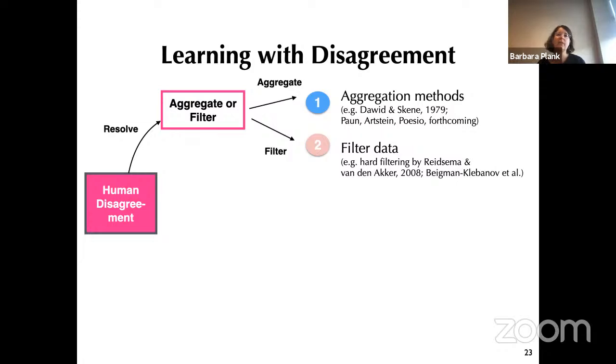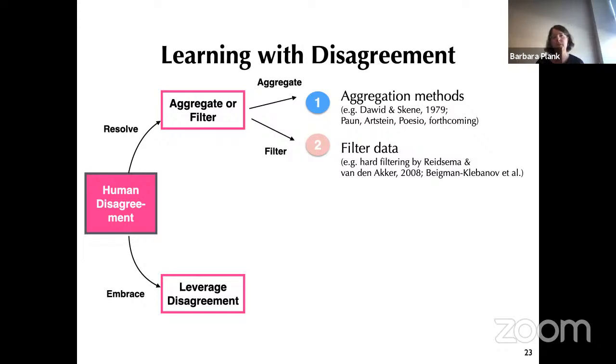An alternative is to filter the data first, and that has been proposed, for instance, by Reidsma and Carletta, or by Klebanov et al., to focus more on learning from the high quality annotation data. The alternative instead is, okay, let's look at embracing this disagreement. Here, we can at least come up with two broader subparts.